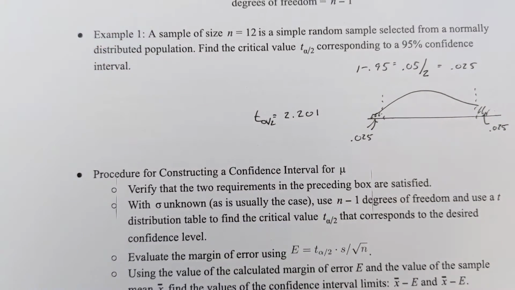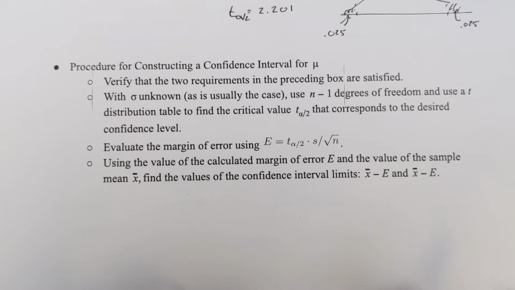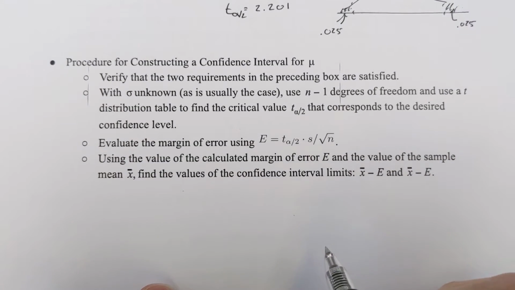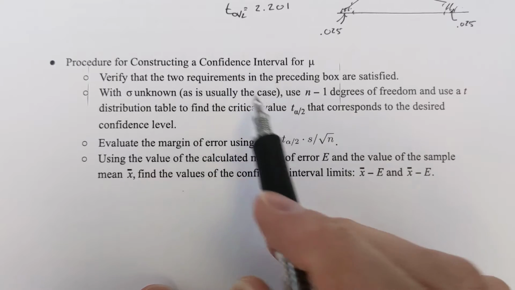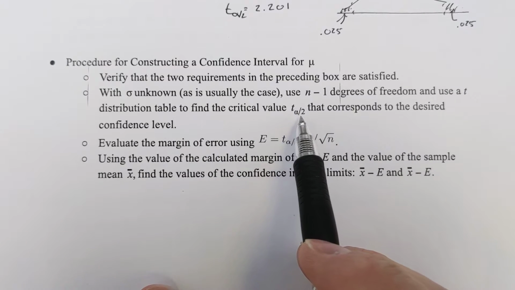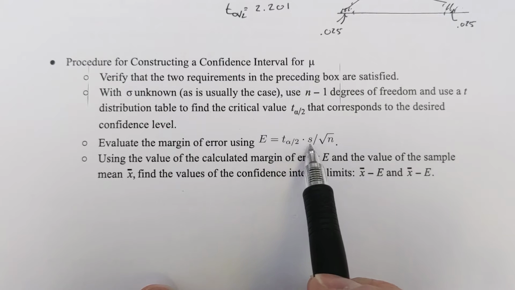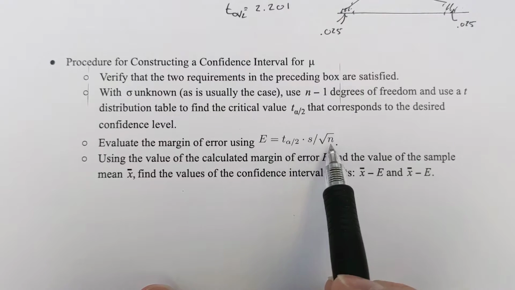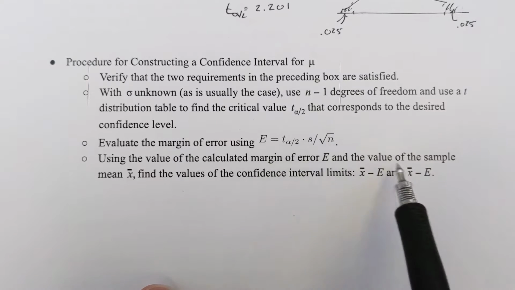So that's how you use that t-table. All right, so here, just some work for finding critical values, or then confidence intervals. So we'll have to find our critical value first, then we'll use this equation. S is the sample standard deviation, N is the number of measurements, and then we'll add or subtract it from